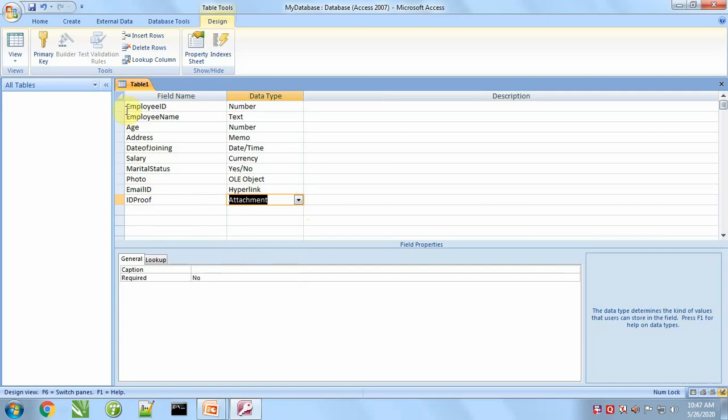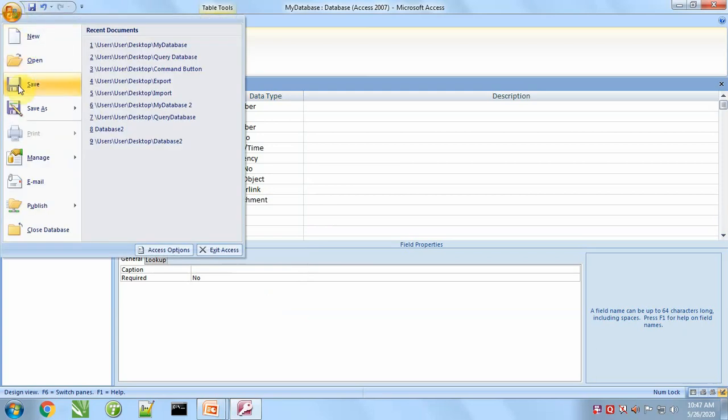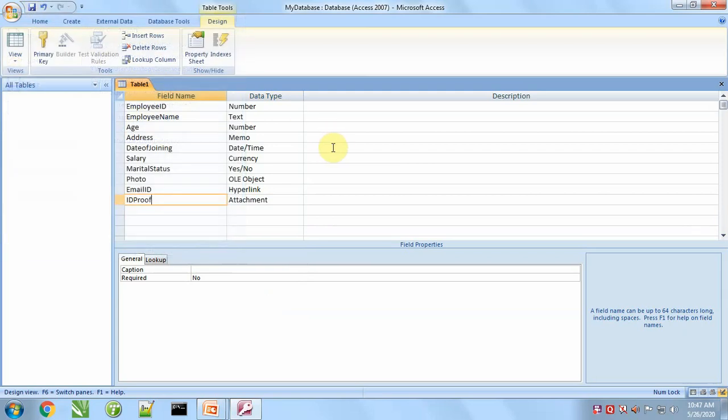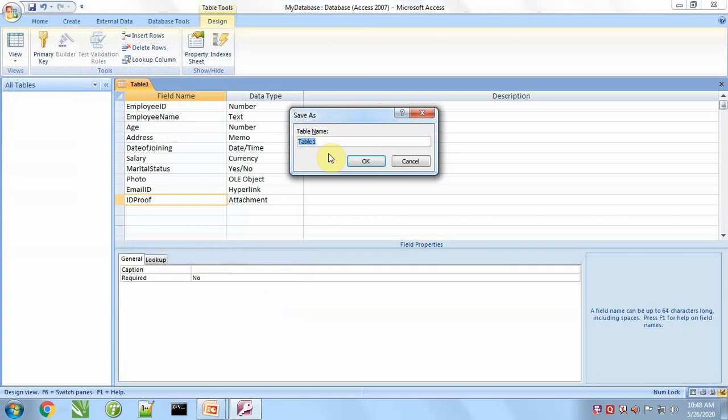Like this we created this table, and I used almost all field types in this table. We will save this table either from here or from here, or we can press Ctrl S also. Employee table 1.